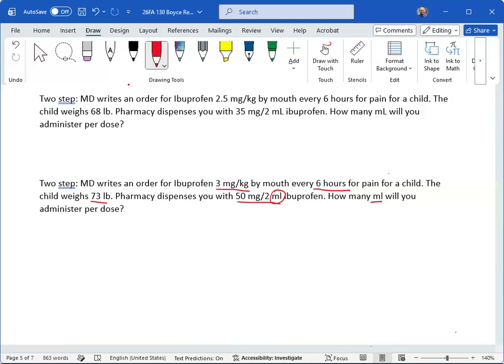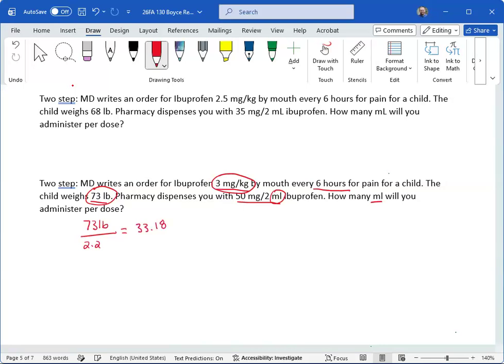So, all right. What we're going to do is figure out what this kid needs. The first thing we're going to do is, we have pounds, but we have an order in kilograms. So we need to first convert pounds to kilograms. I'm just going to take my 73 pounds divided by 2.2. I know that looks like 7316, but I promise you that's supposed to be 73 pounds. So 73 divided by 2.2, you're going to get